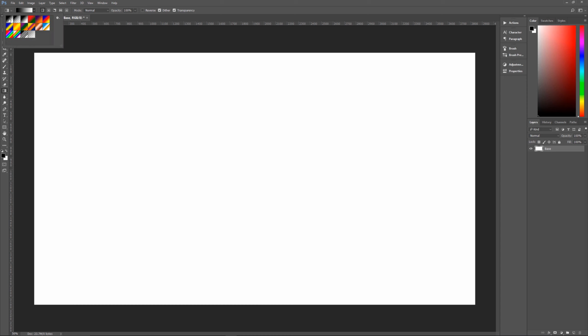You want to make sure that you are on the black and white, which is foreground to background color. You want to make sure that you are linear. Mode is normal, opacity is 100%, reverse is unchecked, dither and transparency are both checked. Then you want to go here on the base layer to about here on the bottom. Click with your left mouse button, hold down Shift, which will constrain your gradient to a straight line. As you can see, I can't move it left or right, really. If I move too far, it goes to a 45-degree angle,